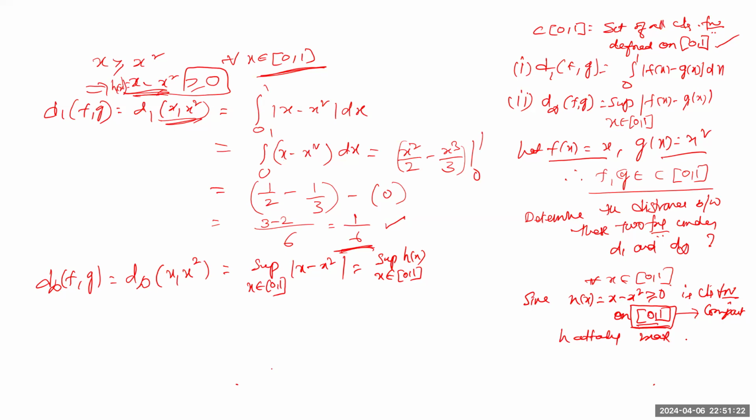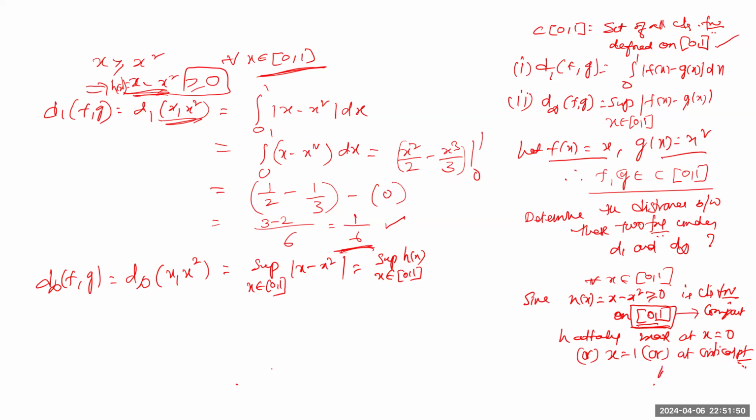There are three possibilities. One is at the endpoint x is equal to 0, or x is equal to 1, or at a critical point. This is our basic calculus course, right? Critical point,